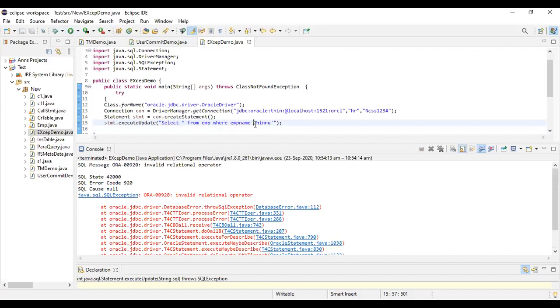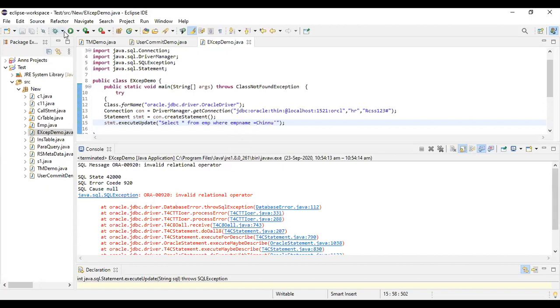Now here what I did is I missed off many things. I missed off a relational operator. When you have a where, there should be a relational operator. If it is a string, it should be equal to, or it can be less than 100 or whatever. Anyway, I did miss a relational operator, and that is what they're specifically telling. You have missed a relational operator. The relational operator is invalid. It is a space over here, it is invalid. It should have been something else.